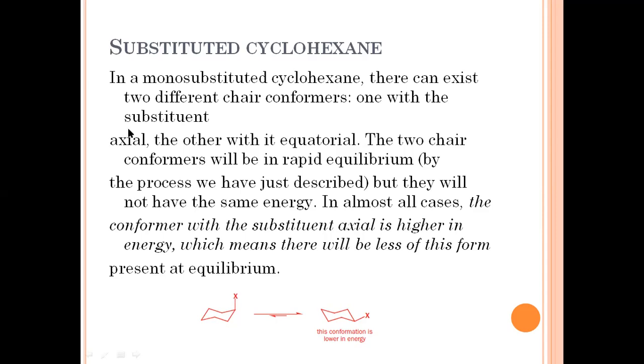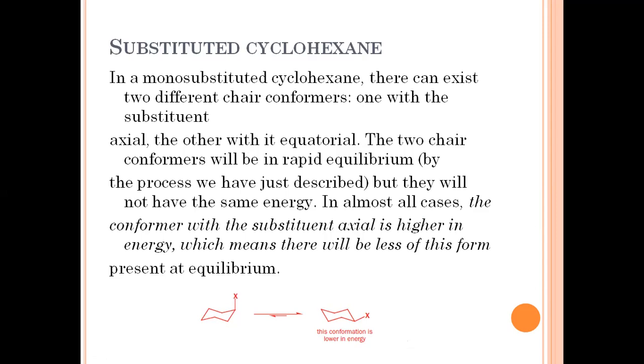One with the substituent in the axial position, and the other with the substituent at the equatorial position. So this is the position of the substituent which is in front of you, the axial position of the substituent, and if this substituent is below the plane of the ring, see, this is the equatorial position of the substituent. So these two conformations only can be seen with respect to the mono-substituted cyclohexane molecule.